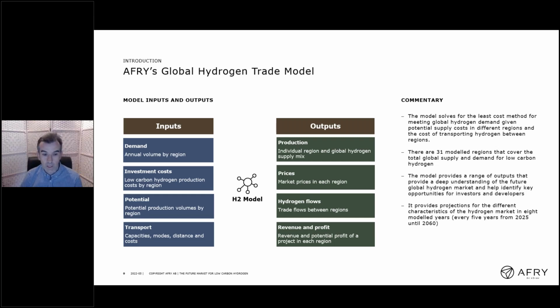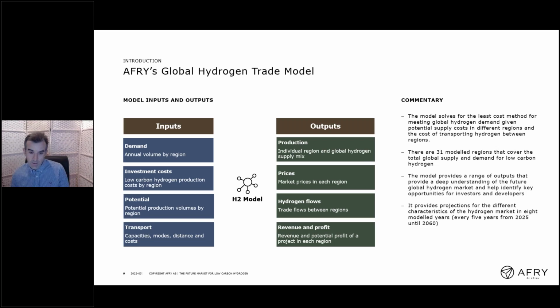We also have the potential volumes that could be produced in each region, again split by blue and green. And then we have transport assumptions between regions. So we have how much capacity can flow between regions, and we have options for pipeline transport and also ship-based transport. And then we have assumptions for the cost of that transport between regions, which is factored into the